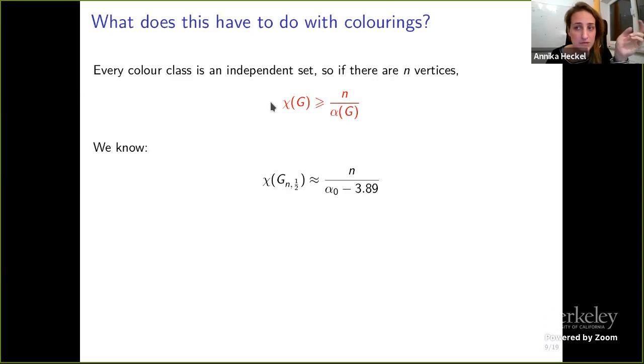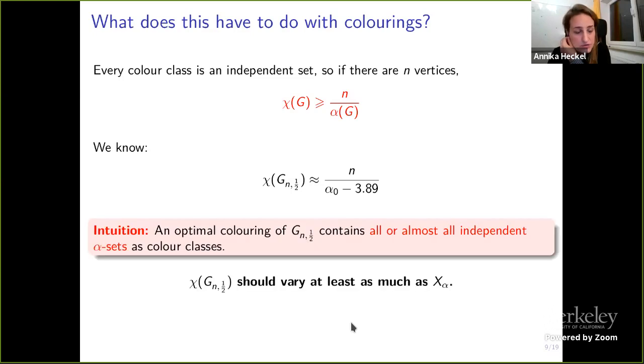So if you think back to one of the first slides where I was talking about the value of the chromatic number, actually, if you rewrite this, plugging in the definition of the function alpha 0, you get that the chromatic number of G(n,1/2) is roughly n over alpha 0 minus some constant. So that means we can color G(n,1/2) so that the average color class size is only a constant below the maximum any color class may possibly be. Okay, and even more is true.